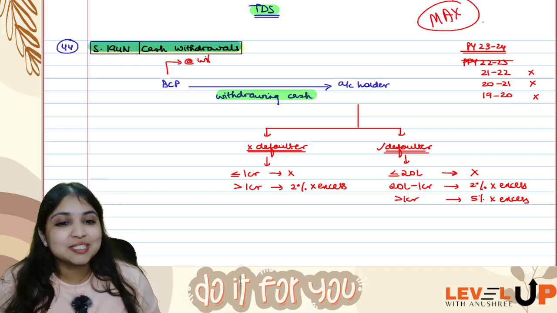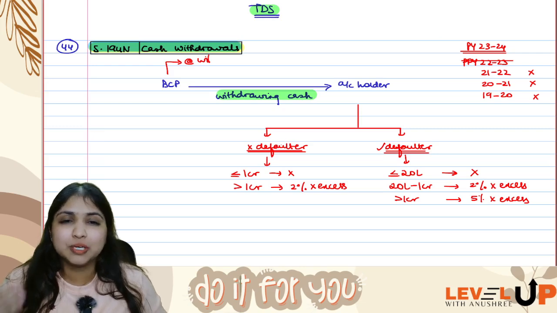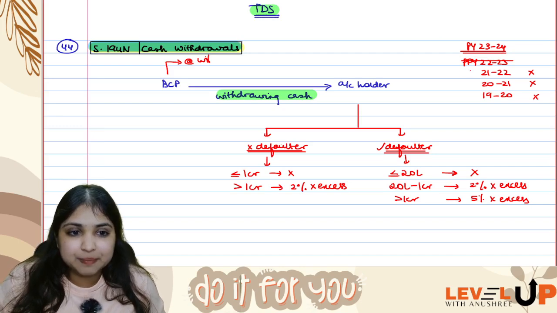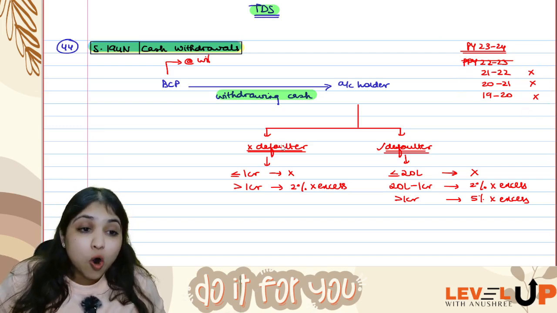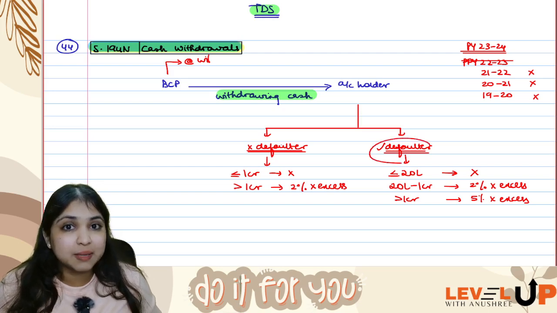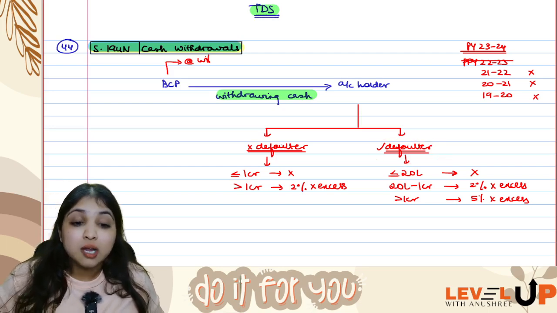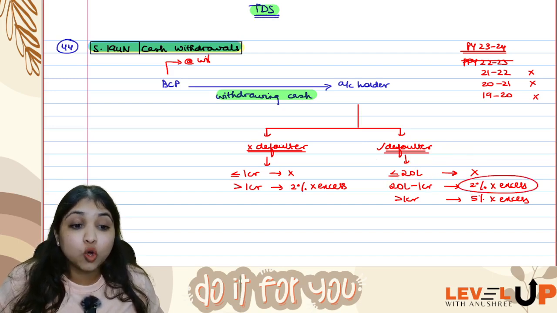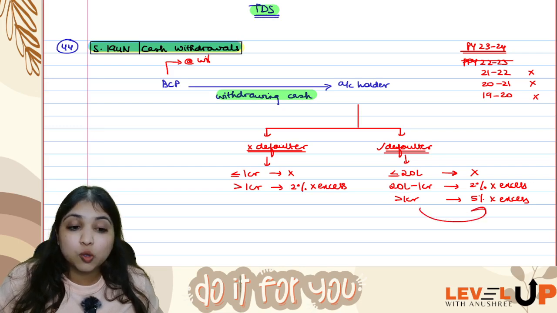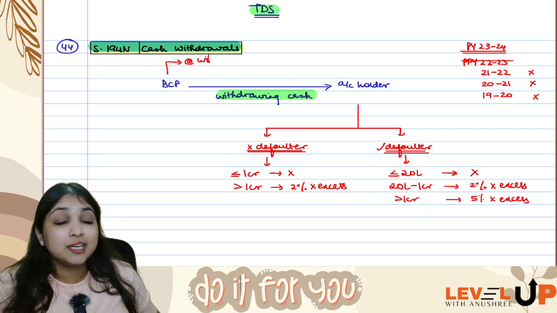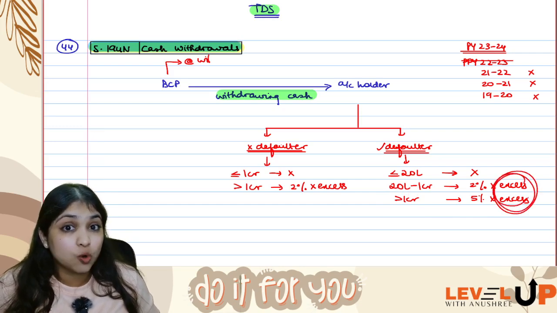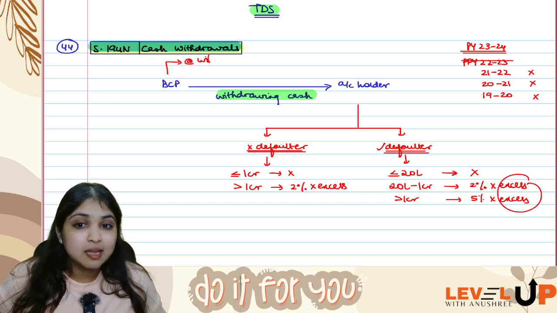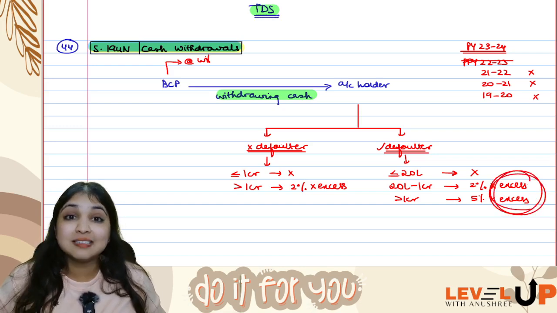Yes, guys. So if assessee is a defaulter, then what will you do? Defaulter means what? All the 3 years. Which 3 years? Leave immediately preceding previous year, see 3 years before that. All the 3 years, if he did not file ITR, then he becomes a defaulter. If he is a defaulter, up to 20 lakhs if he is withdrawing cash, no TDS, 20 lakhs to 1 crore, 2% of the excess, more than 1 crore, 5% of the excess. Special point under TDS, we are talking about excess over here in 194N.